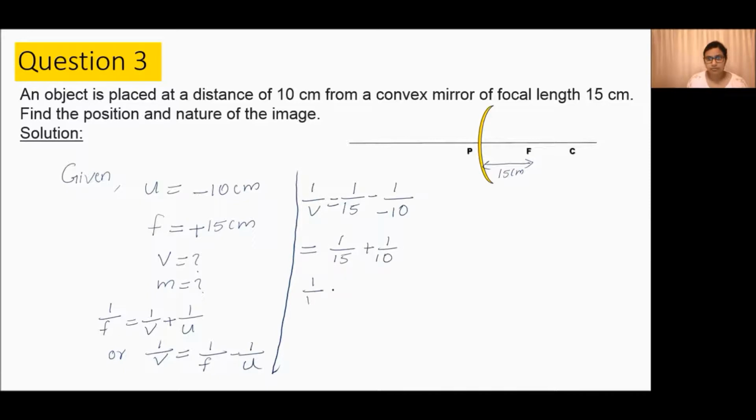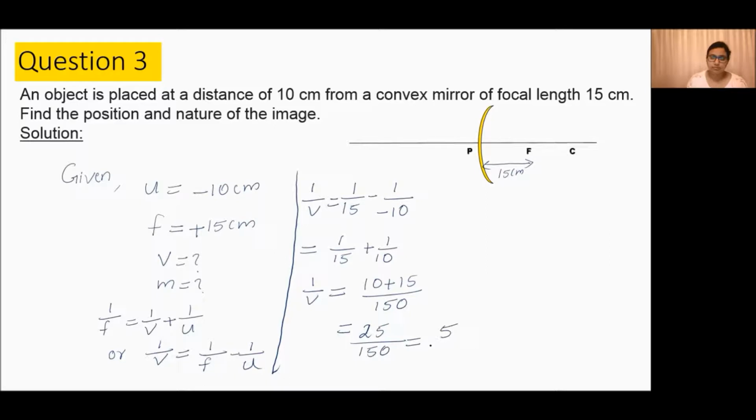Therefore, 1 by V is equal to 10 plus 15 divided by 150, which is equal to 25 divided by 150 gives